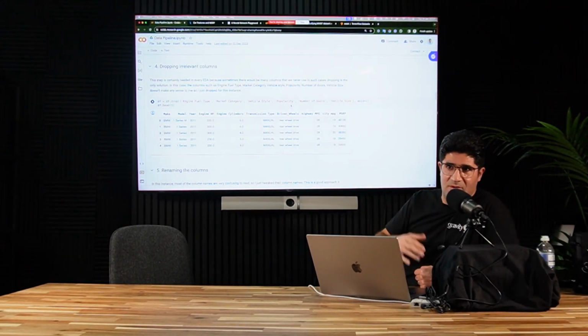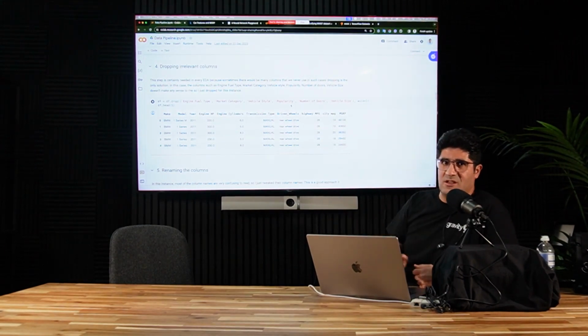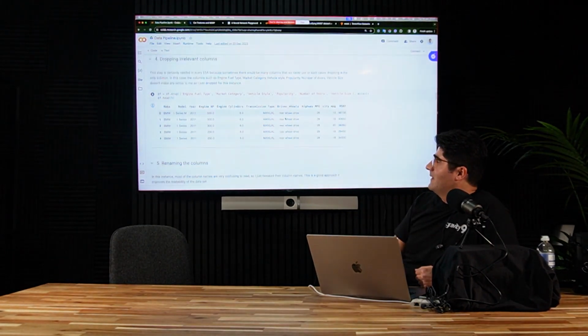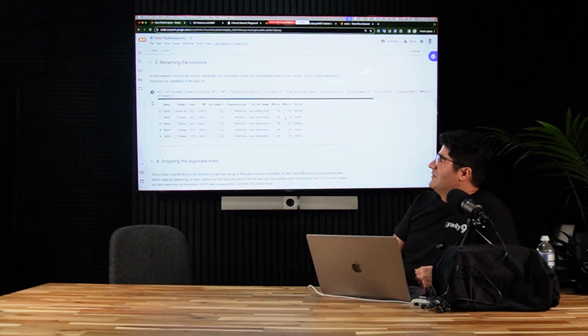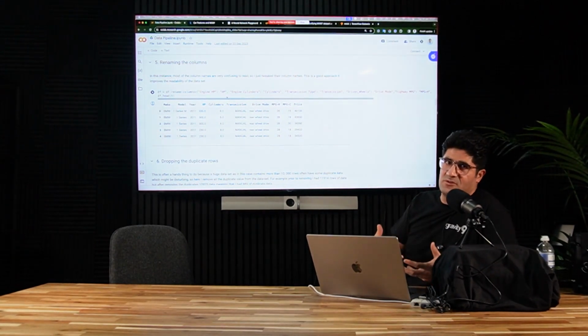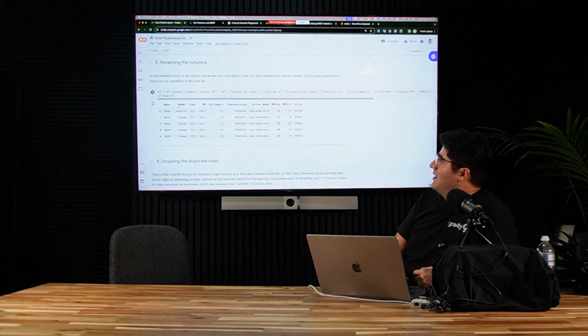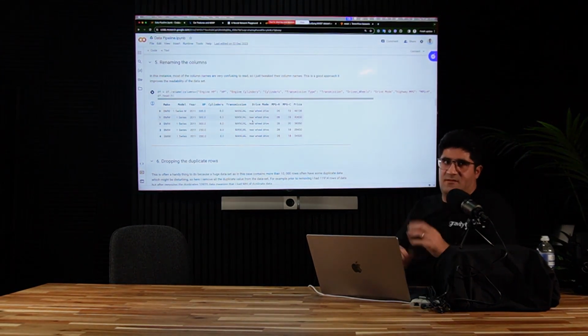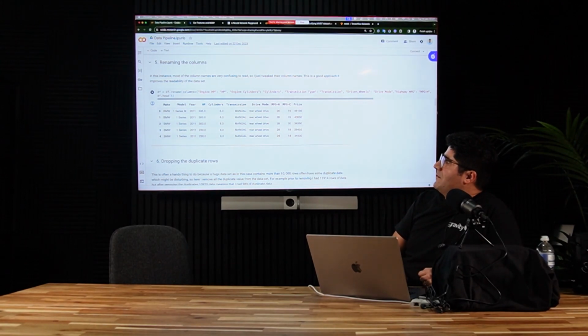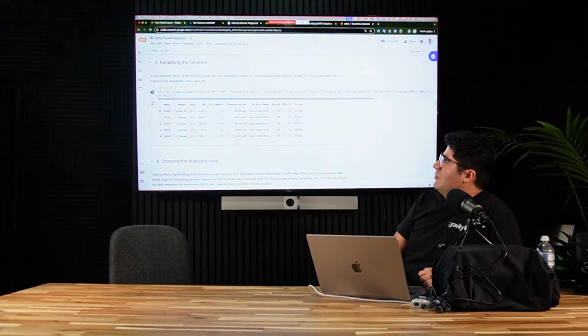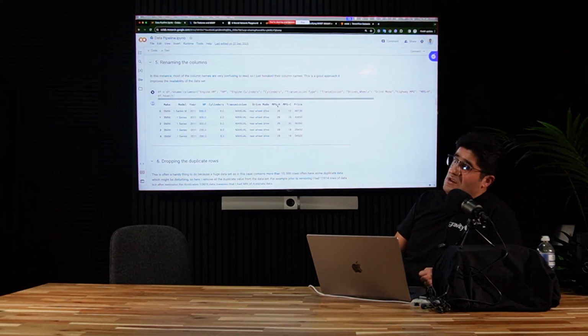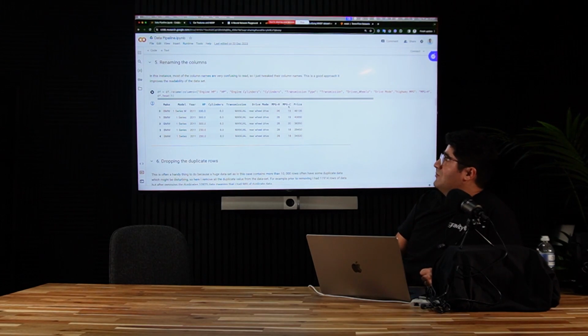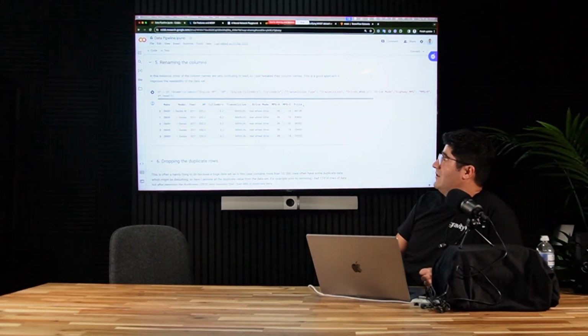So we drop a list of those columns because they don't have any impact on the prediction. Then we can check the rest of the columns and rename them for our understanding. Now we have a very small data set with these columns: make, model, year, horsepower, cylinders, transmission, drive mode, MPG in highway, MPG in the city, and the price of the car.